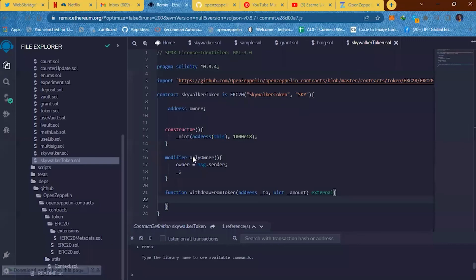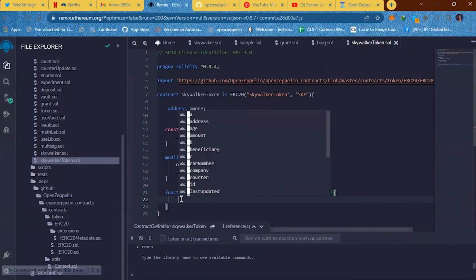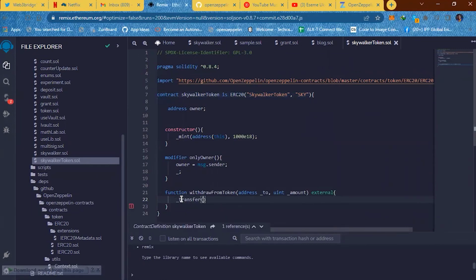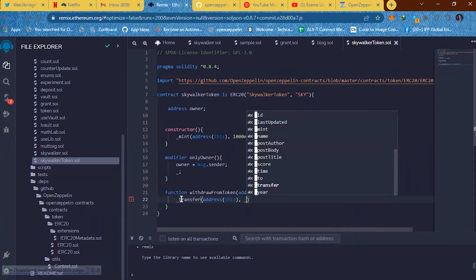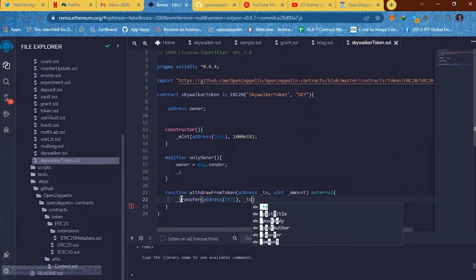So we just need to call that. So we say transfer, we're transferring from this address, this,